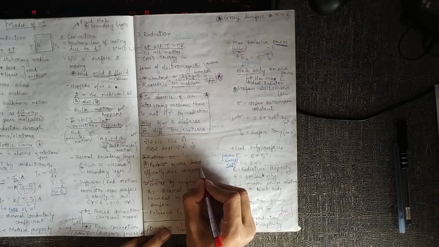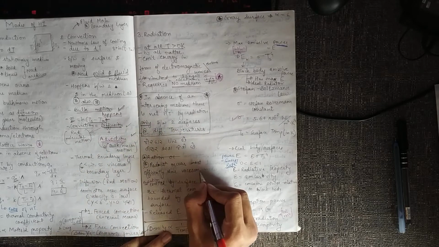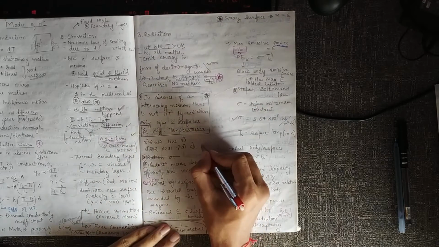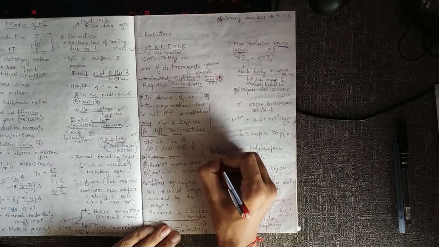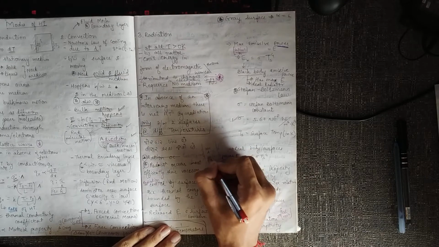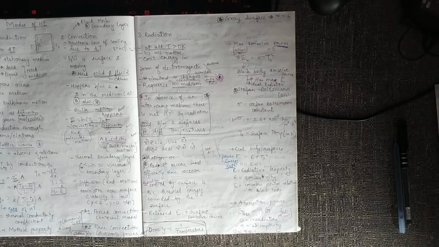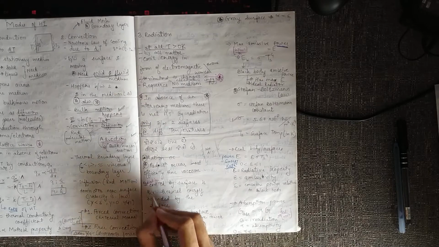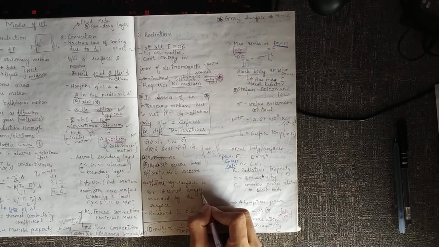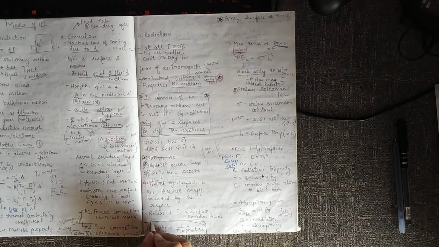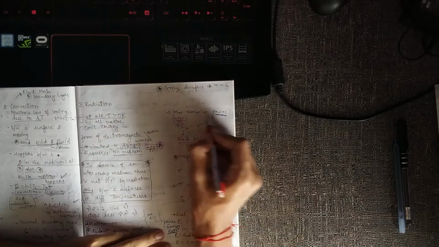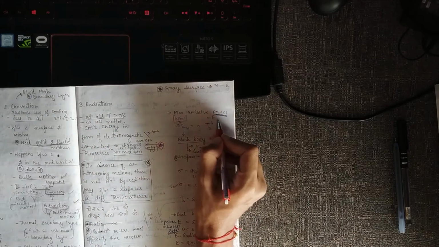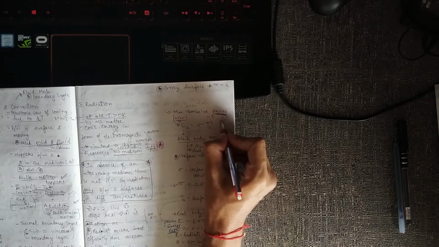Then radiation occurs most efficiently through vacuum, and if we have some intervening medium between two surfaces, so we have air or some liquid, then the extent of radiation heat transfer will be reduced. So the radiation emitted by a surface is thermal energy bounded by the surface of the bodies, and the released energy is called surface emissive power. The units are watts per meter square.